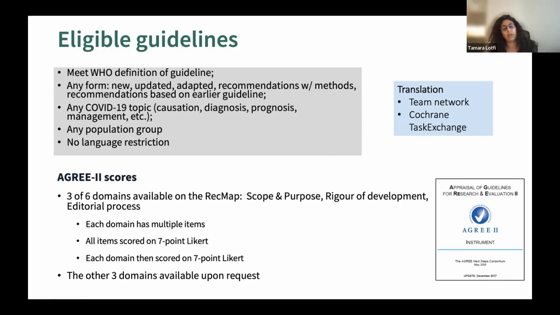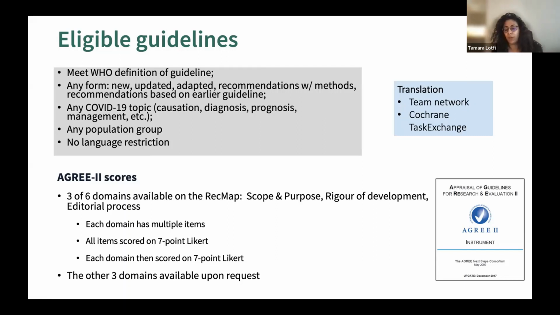And then we appraise the guidelines that are eligible using the AGREE II tool. If you're not familiar, the AGREE II tool is the most commonly used critical appraisal tool for guidelines. There are multiple varieties within AGREE, there's AGREE-REX and different others. The AGREE II so far has been the most tested, and 3 of the 6 domains that AGREE II has, so domains 1 through 6, 1 for scope and purpose, 3 for rigor of development, and 6 for editorial independence,